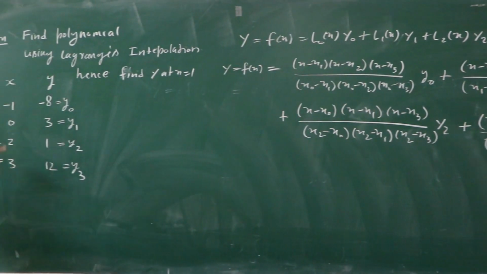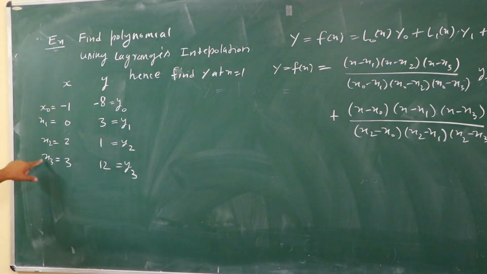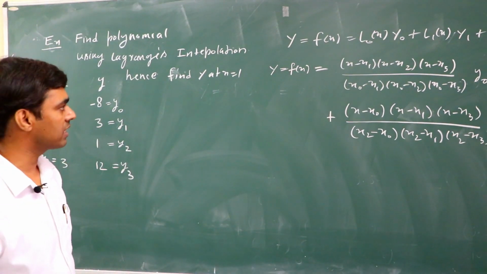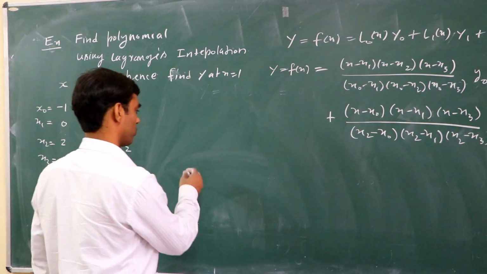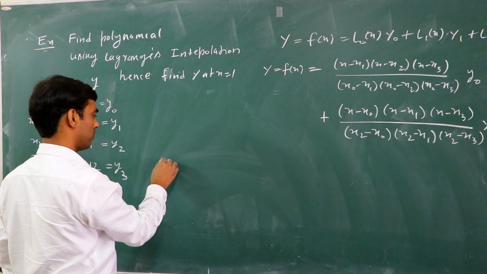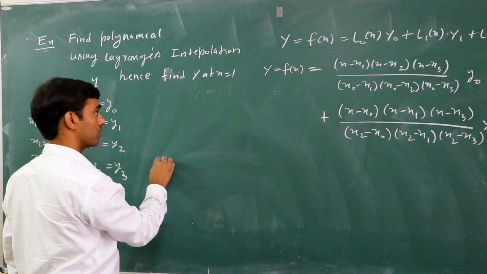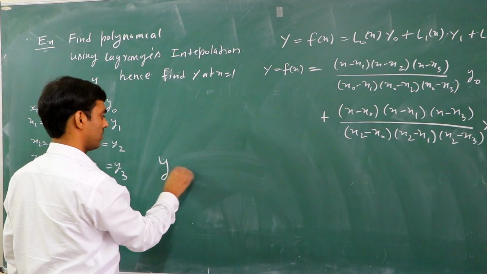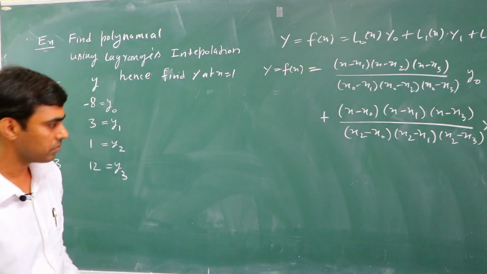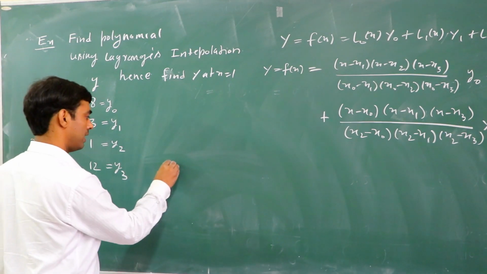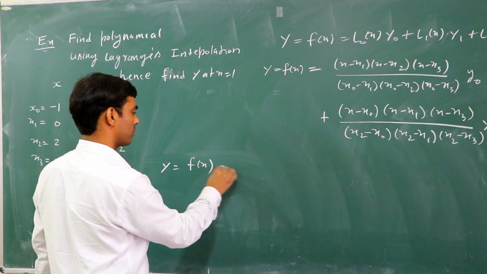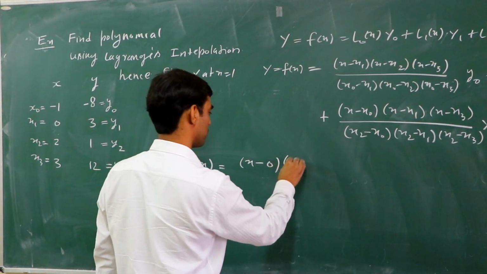To find the polynomial, just put in the values of x0, x1, x2, x3, y0, y1, y2, y3, and in place of x, we write x as it is. So what is the value? Now if we simplify, since there are four terms, we start from here. We write y equal to f of x equal to (x minus 0)